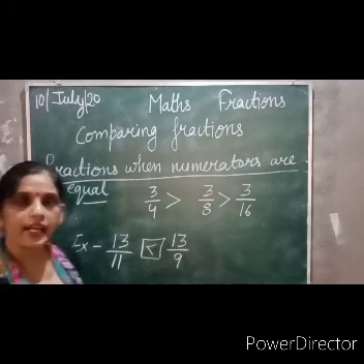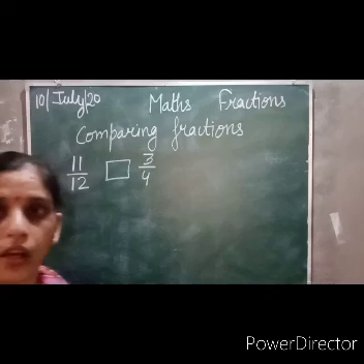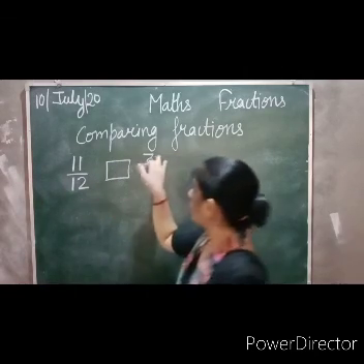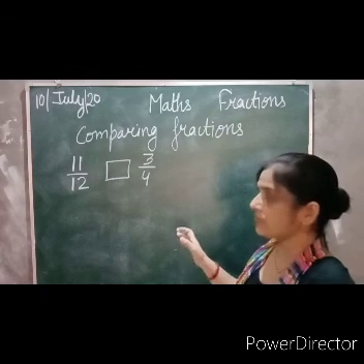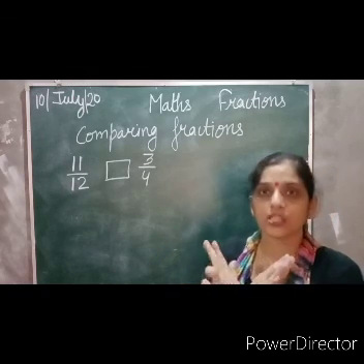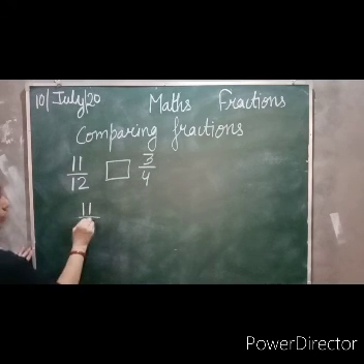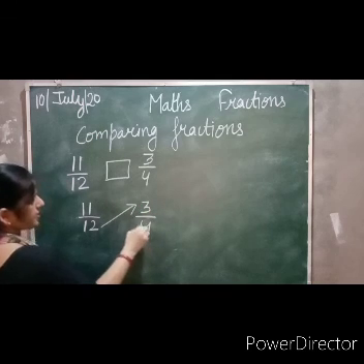Now we will move to the next part of the fractions. Now this is the third kind of fractions. You can see the denominators are not equal, and the numerators are not equal. So in that case what we have to do is cross multiply. How will we cross multiply? Just see. First write down the fractions, then cross multiply like this.